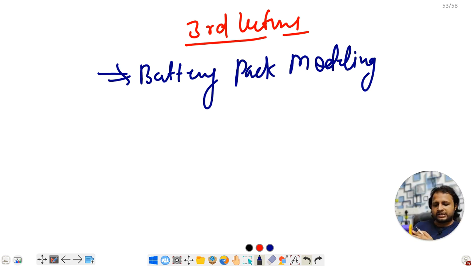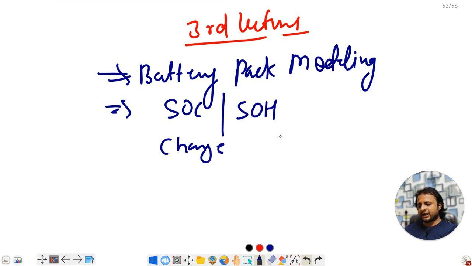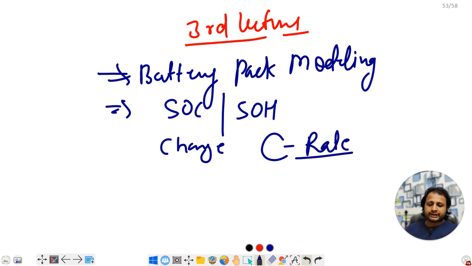Then we will learn how we can keep our batteries safe. So battery pack modeling and parameters like SOC, SOH, and the charge rate, we call it C rate. A lot more things are there to understand. And also we will go for the safety parameters,